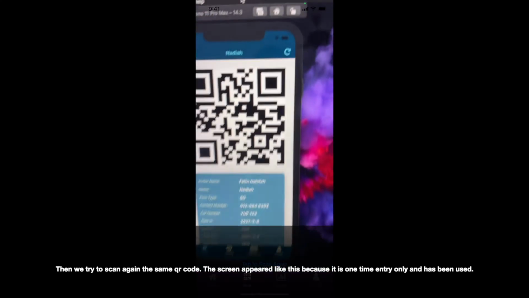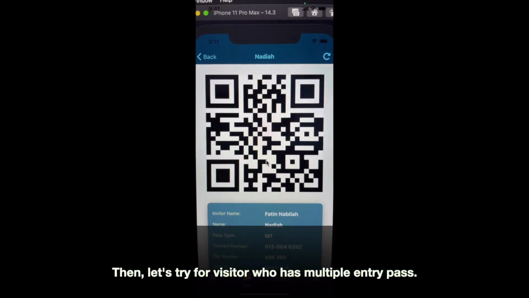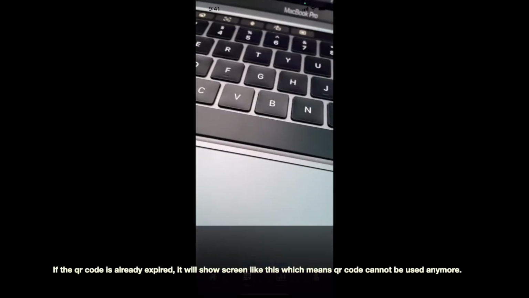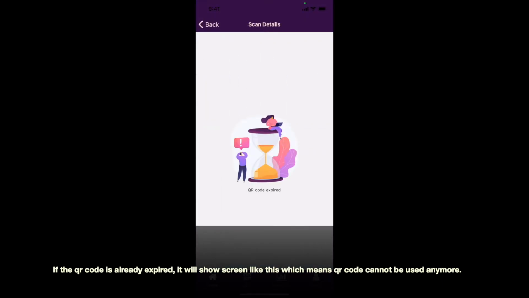Now we try to scan the same QR code again. The screen shows like this because it is one-time entry only and it has been used. Then we try a visitor who has a multiple entry pass. If the QR code is already expired, it will show a screen like this, which means that the QR code cannot be